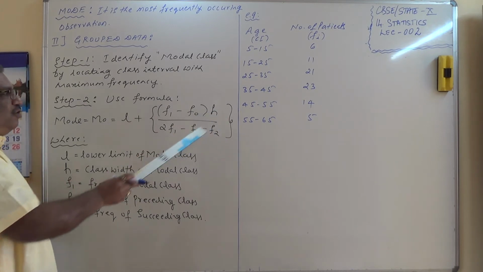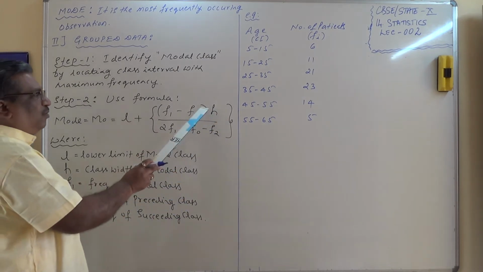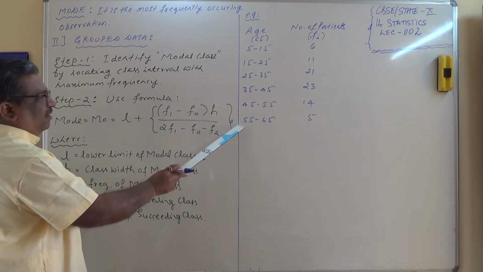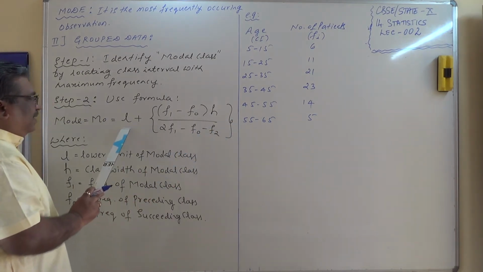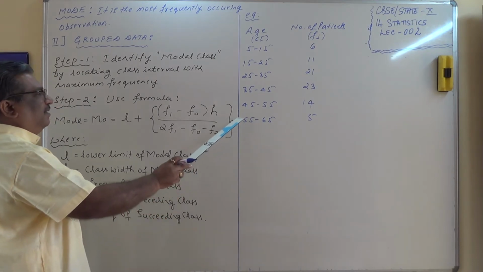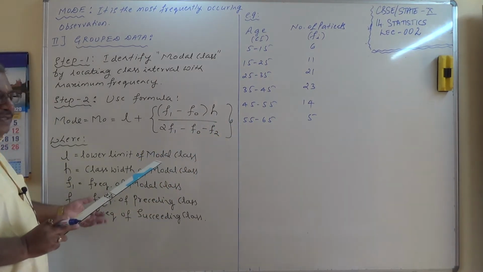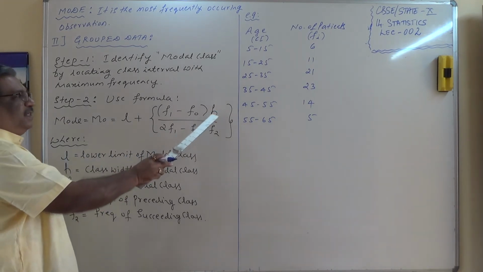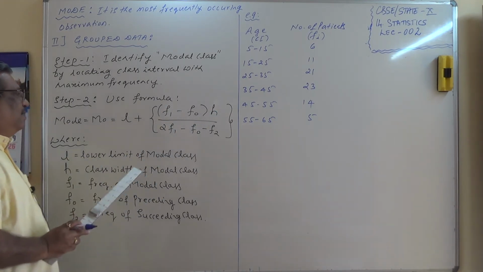The whole into H will be there, but generally I write this H over here, because sometimes if I write this H outside this curly bracket, then students will calculate this one and then finally multiply with H. Some students do like that. In order to avoid such mistakes, I am taking H inside the bracket in the numerator. So this is the formula.